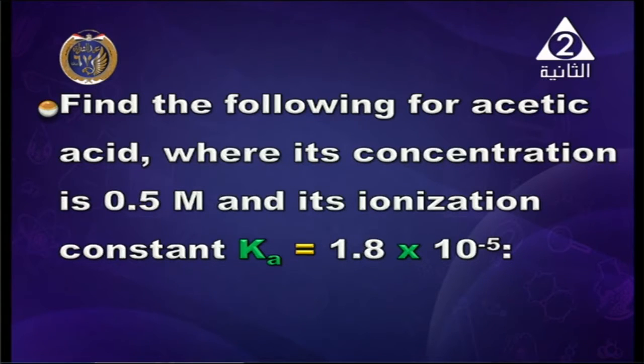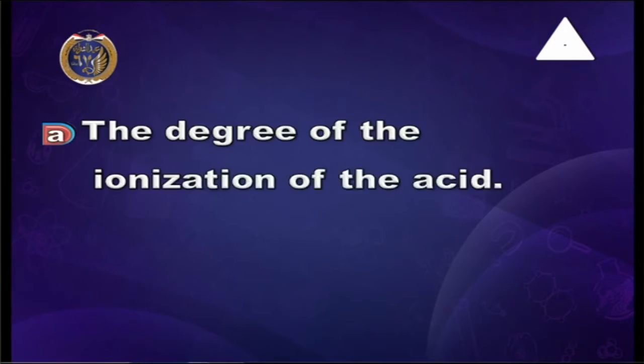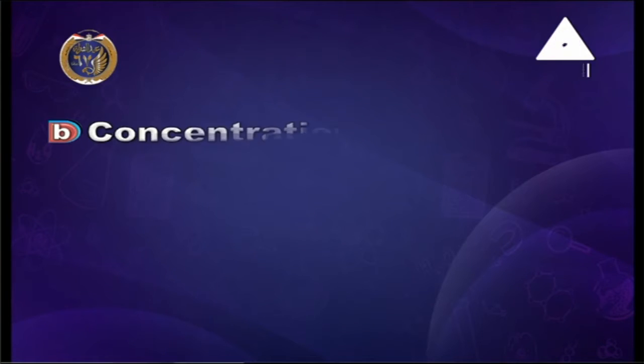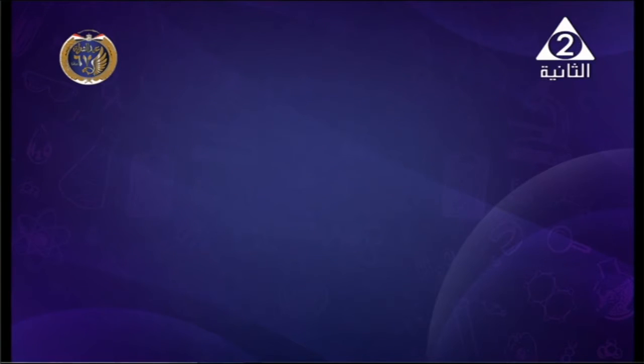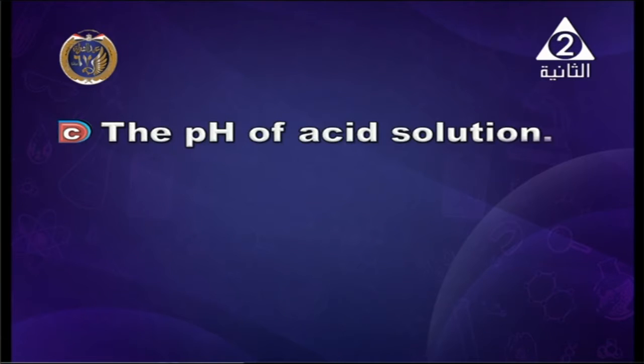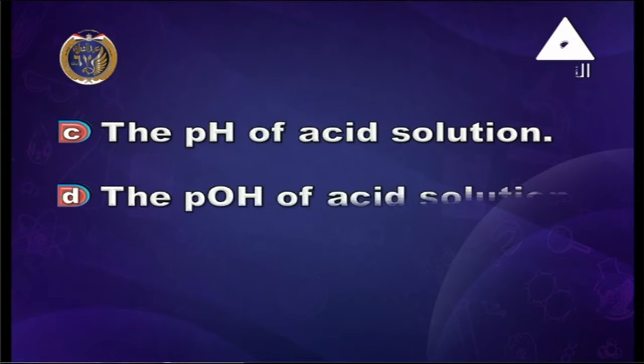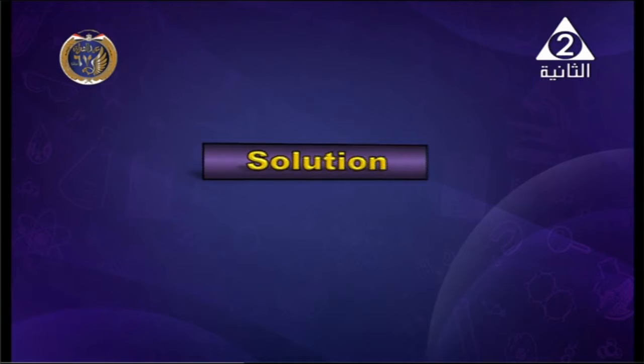Another example, find the following for acetic acid, where its concentration is 0.5 molar and its ionization constant Ka equals 1.8 times 10 to the power negative 5. Calculate the degree of ionization of the acid and the concentration of hydronium ion in the solution of the acid and the pH of the acid and the pOH of the acid. Solution,